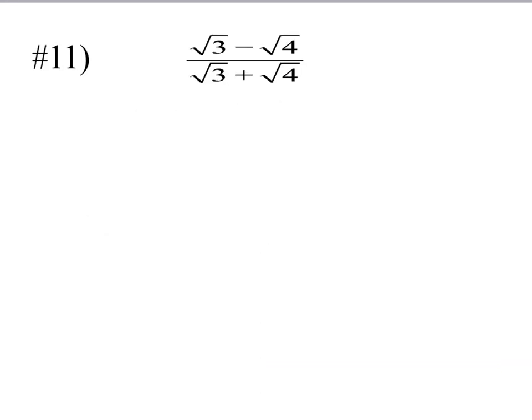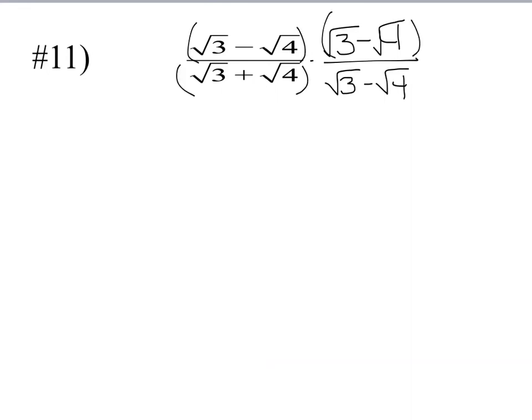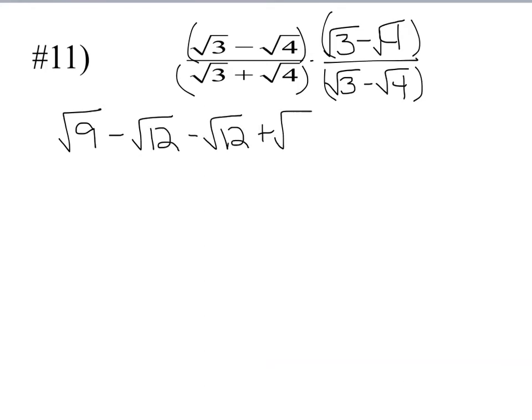Okay, now that we have a conjugate in our denominator, instead of multiplying by just the denominator, we're going to multiply by the conjugate of the denominator. So same as the denominator, but change the operation. On this one, make sure you're using parentheses or it's going to get very confusing. So we're going to distribute our numerator. So we'll get the square root of 9 minus the square root of 12 minus the square root of 12 plus the square root of 16 over, and remember the rule when you're multiplying conjugates, just multiply your first terms